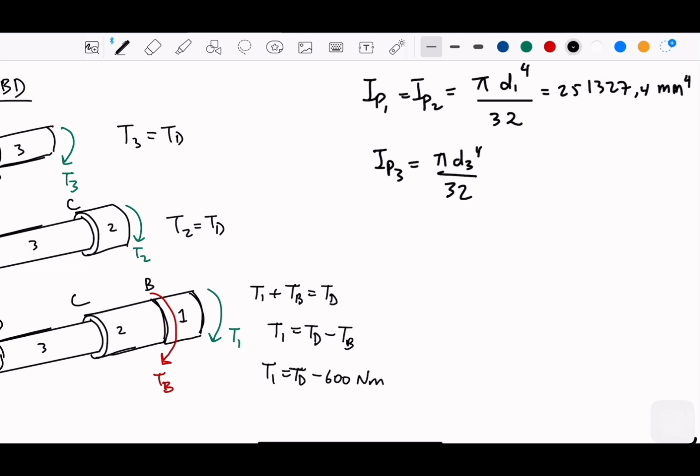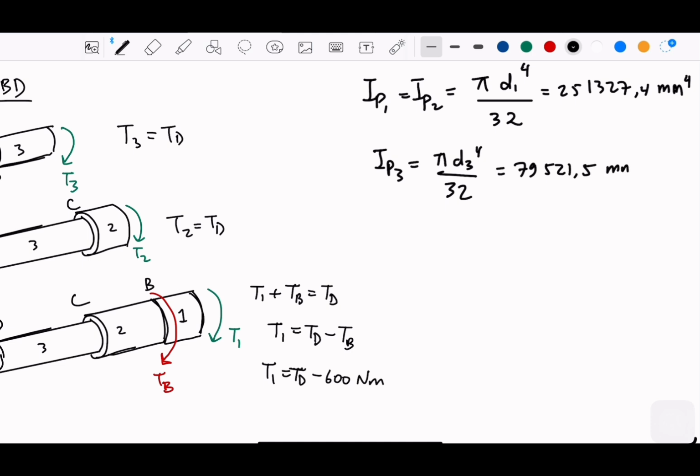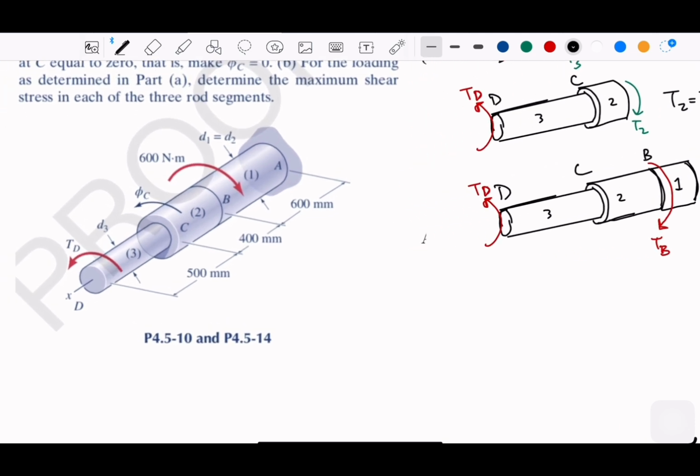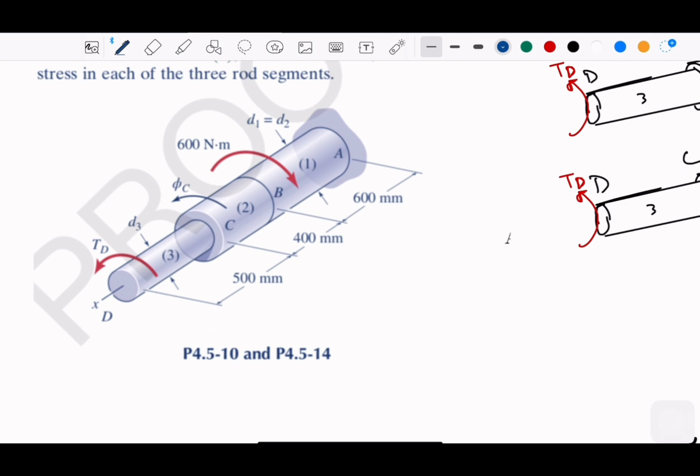The other one is 30, divided by 32. The other one is 79521.5. Okay, and then we can see the geometric deformations. So if we see from here, the geometric deformations. So if we have torque over here, and we have torque over here,